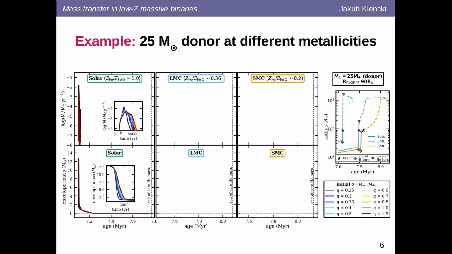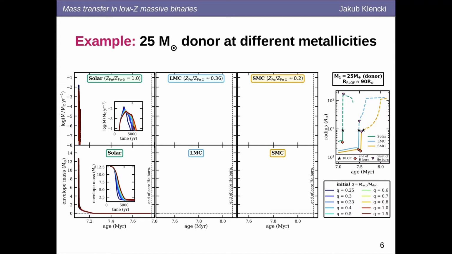Now there are different lines in the zoomed plots here corresponding to different initial mass ratios spanning a wide range. But as you can see, pretty much irrespective of the mass ratio, the mass transfer phase here is always a very short-lived phase of thermal timescale mass transfer reaching high mass transfer rates. And only after a few thousand years, the donor star is stripped of nearly its entire envelope and becomes a hot, fully stripped star. So this is something that you sort of classically expect from this case B mass transfer evolution